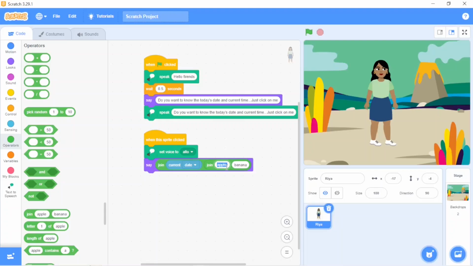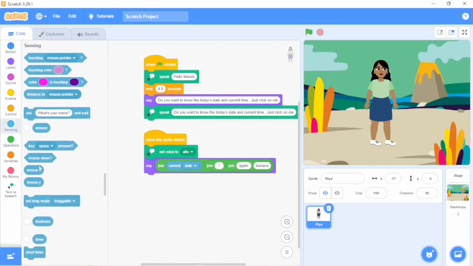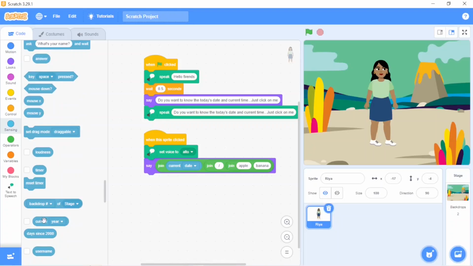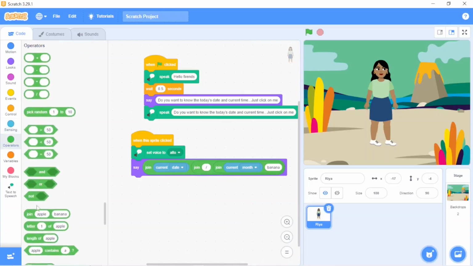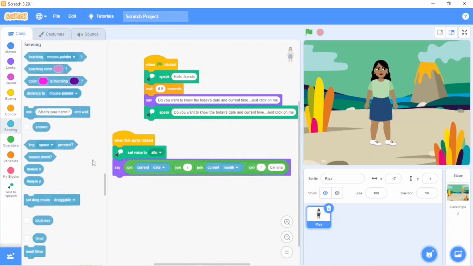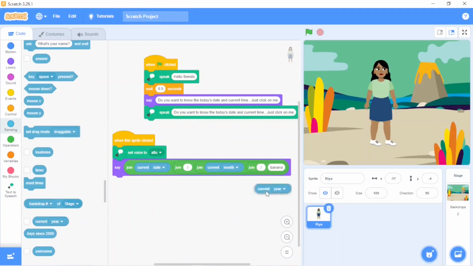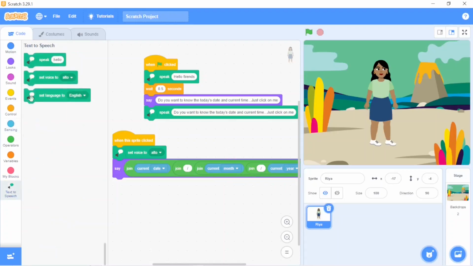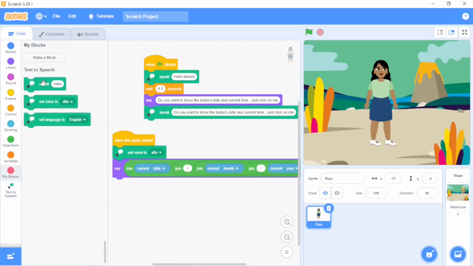Here slash. One more join. Here we will put the current month. Here one more join. The last join. Slash. Go to sensing. Take current year. We want current year. How many joins are there? Let's count. 1, 2, 3, 4. Perfect. Now take text to speech. Speak. We will take